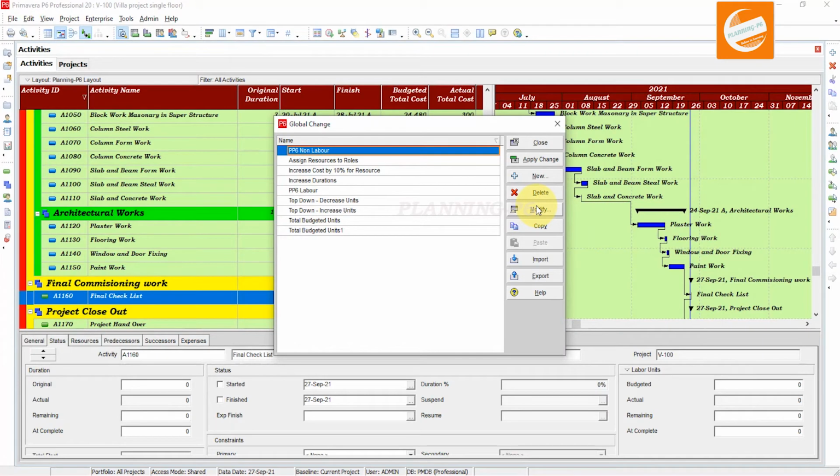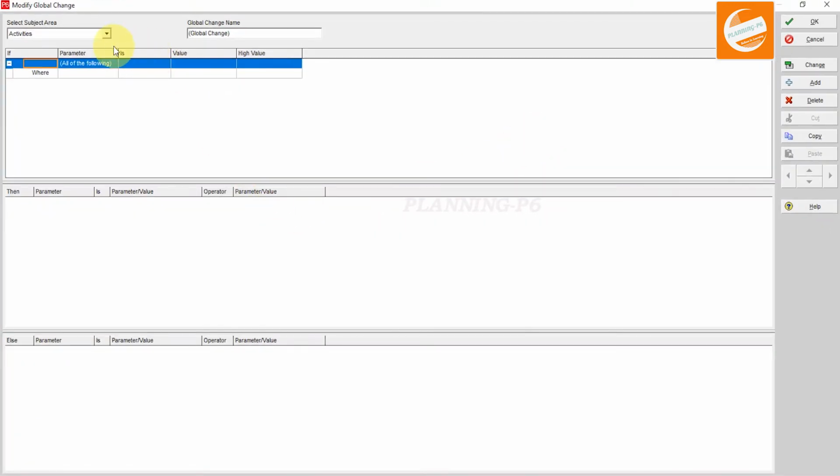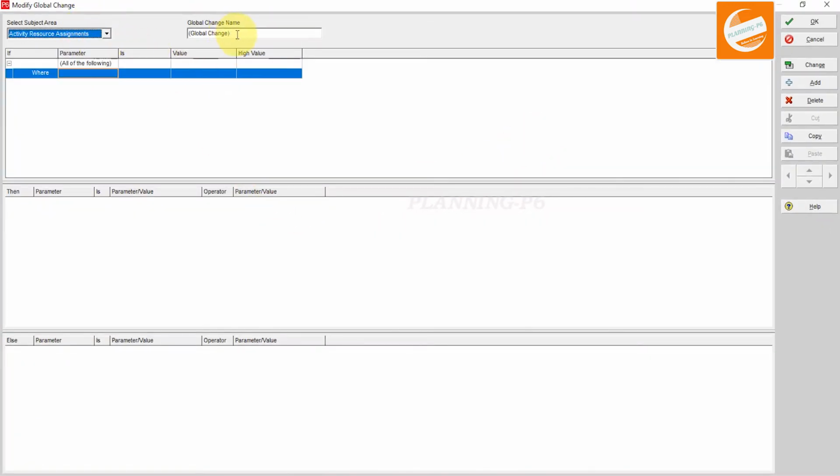Okay, we will add the third one, new. Maximize it, the same activity resource assignment, and here we will write pp6 and material, and here resource type